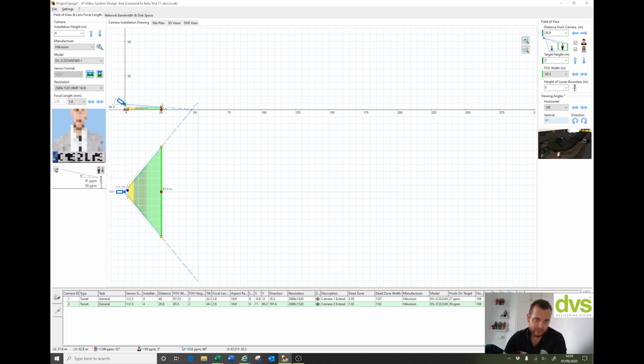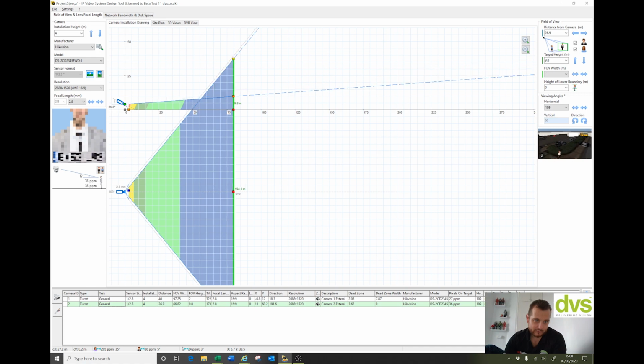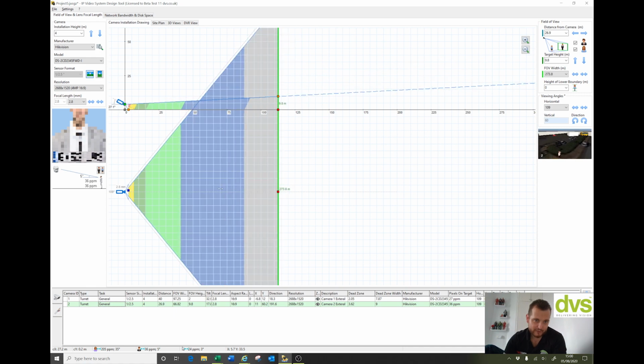So the tilt angle, you can actually bring that up, and you can see the recognition, identification, observation zones changing. So as you tilt up and tilt down, it will give you that graphical representation on there, and you can see it moving on there as well. And the same with this, if you move this one in and out, it gives you the zones there. So you can again